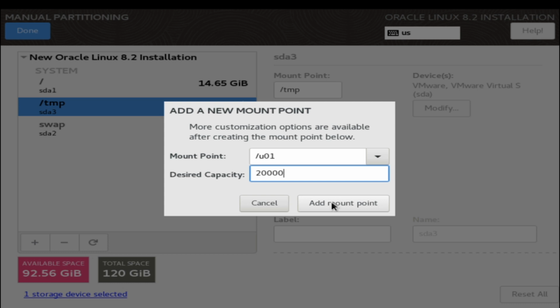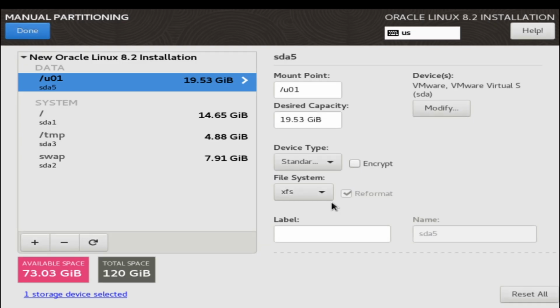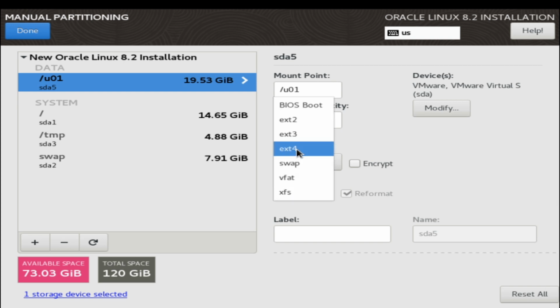You can reduce up to 15 GB as well, but it's good to go with 20 GB in case you are going for upgrades or any other reasons. So click on add mount point. Choose the file system as ext4.